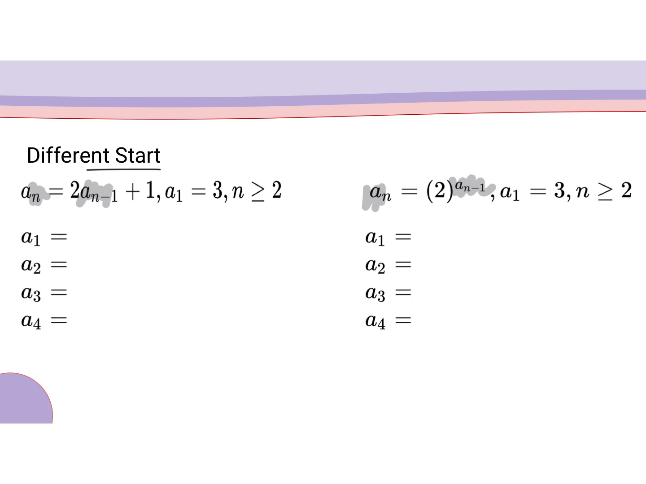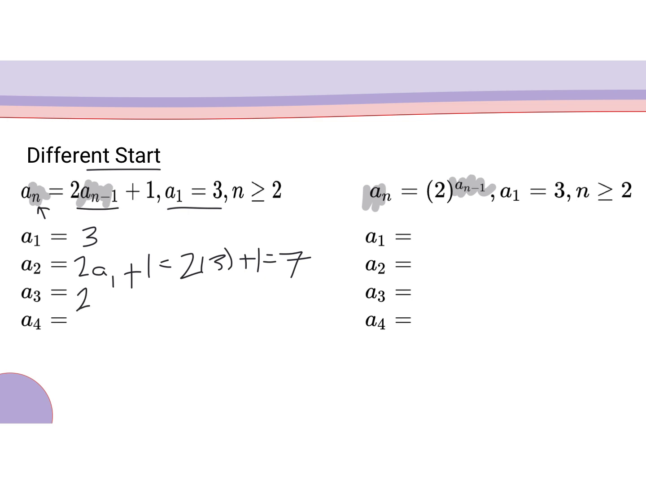So we have a starting value, a sub 1 equals 3, so that's good. So let's look at a sub 2. A sub n, so a sub 2 would be 2 times a sub n minus 1, so a sub 1, plus 1. Well, we know what a sub 1 is, that's 3, because that was given to us. And so I get 7. But when I go to a sub 3,